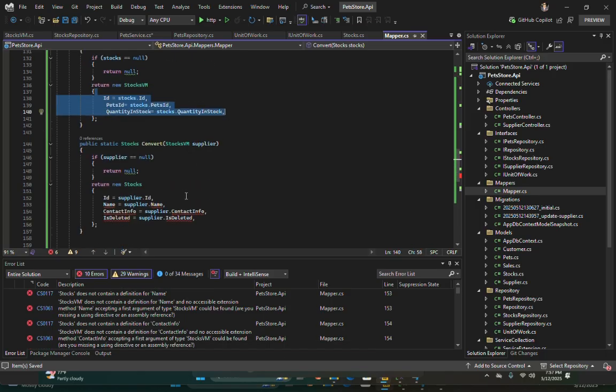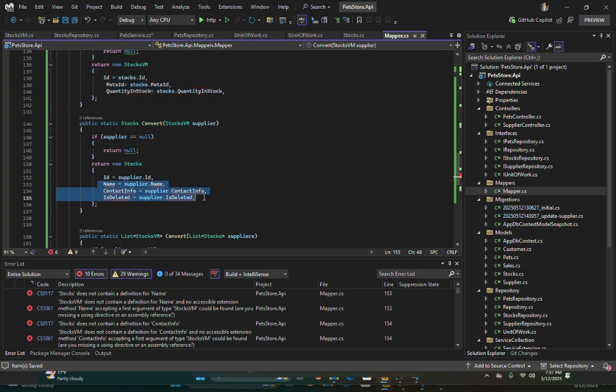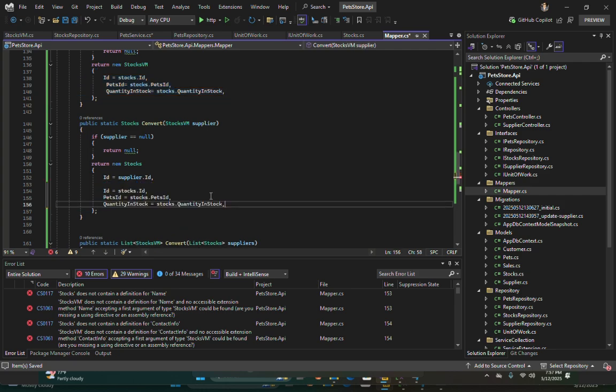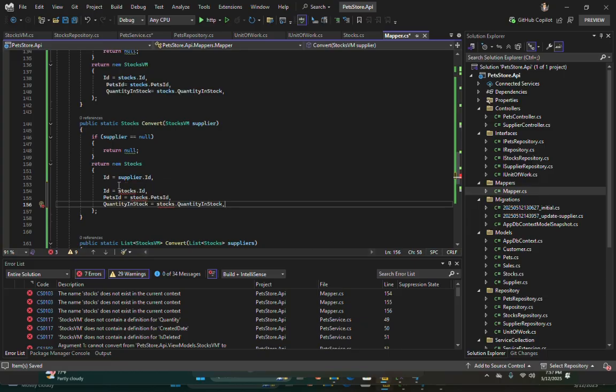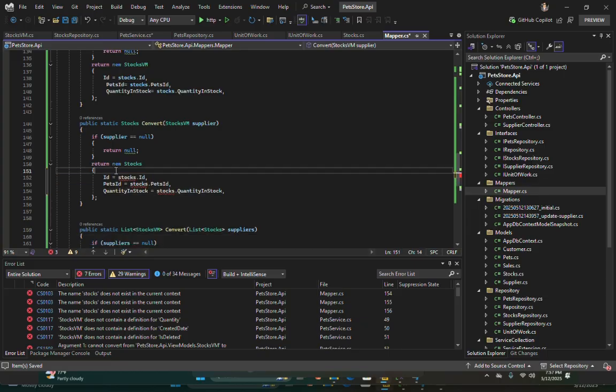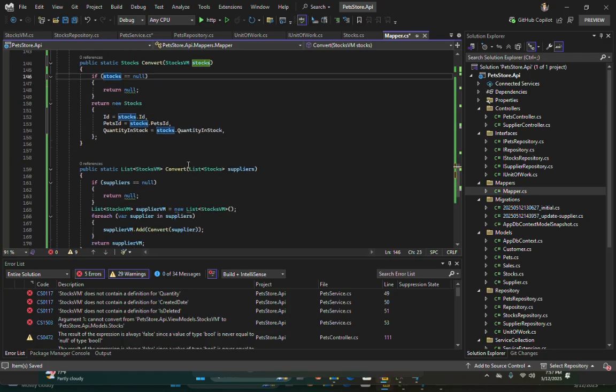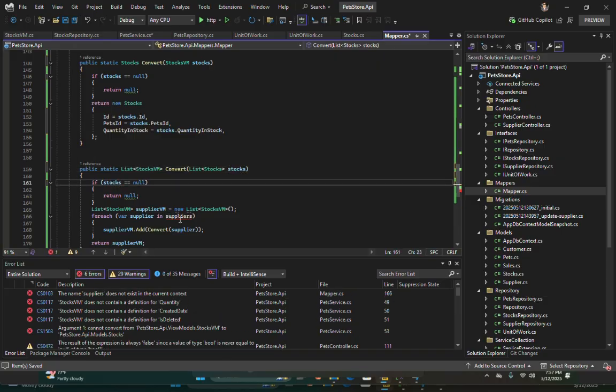Let's do this one for here also. All right, now let's rename it as a stock. Okay, the same thing for here. Stocks everywhere.